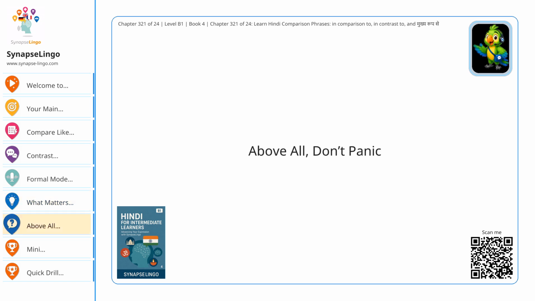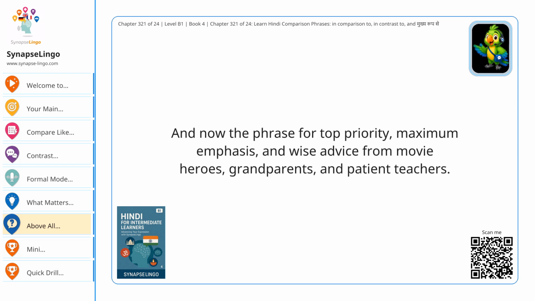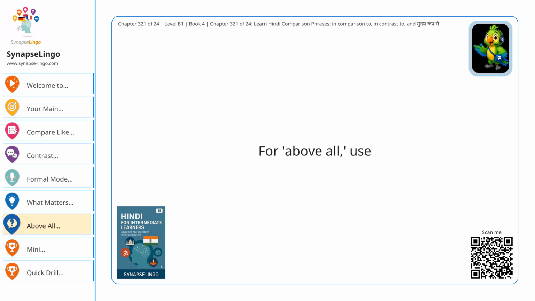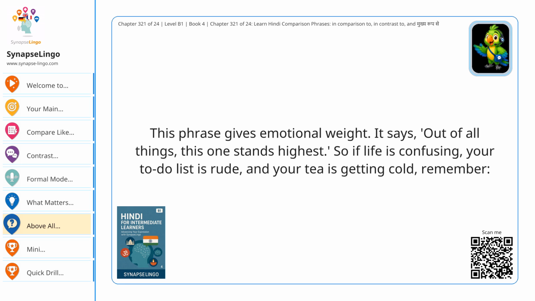Above all, don't panic. And now the phrase for top priority, maximum emphasis, and wise advice from movie heroes, grandparents, and patient teachers. For above all, use सबसे बढ़कर. Example: सबसे बढ़कर, be honest. She values kindness above all. सबसे बढ़कर, we need peace. This phrase gives emotional weight. It says, out of all things, this one stands highest. So if life is confusing, your to-do list is rude, and your tea is getting cold, remember,